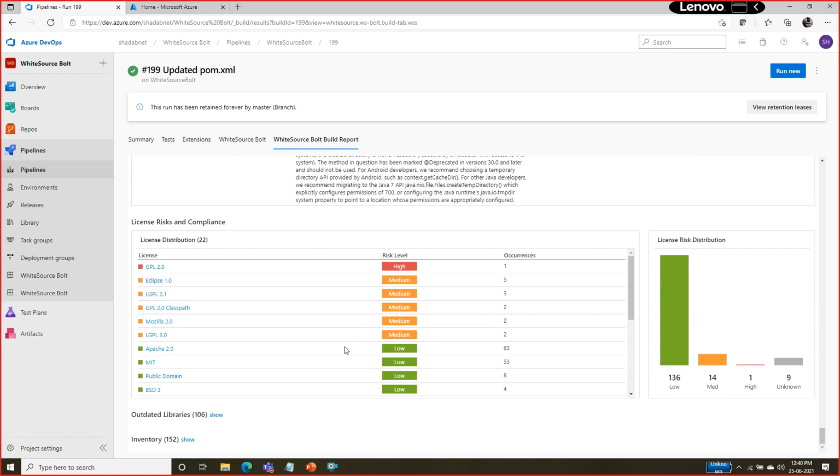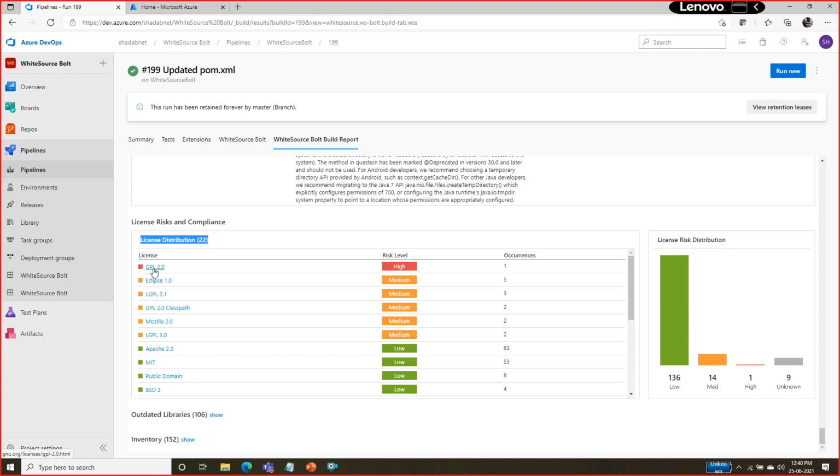If you scroll down, you will have a license distribution. This is what I was talking about in the slide. You have different licensing companies distributing licenses to you. For open source licensing, you have GPL licenses, Eclipse licenses, Apache licenses, MIT licenses. Some are permissive, some are restrictive kinds of licenses. Permissive allows you to use those licenses, that's why they are in the low category. These are the permissive licenses. If you go up, those are restrictive licenses.